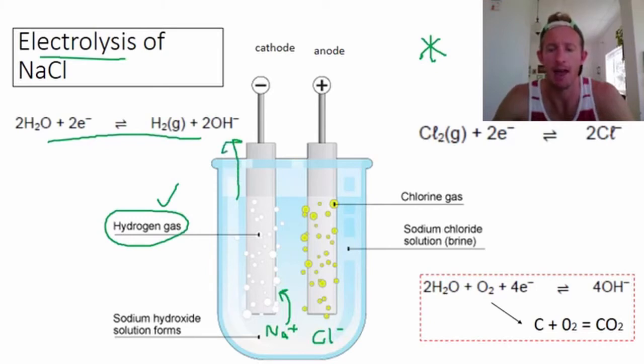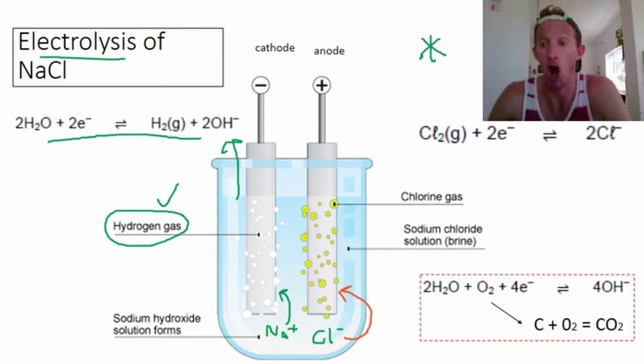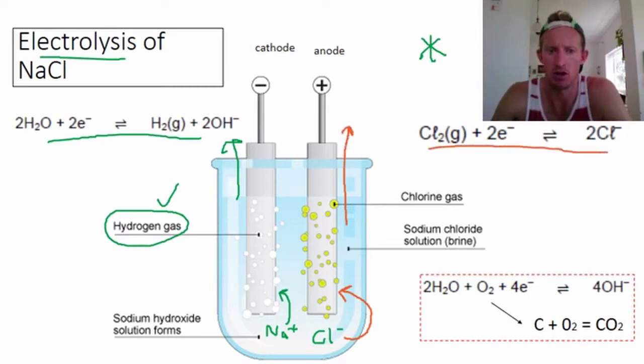Okay, at the anode, the anode is more simple and straightforward. The chloride ions will go to the positive anode. Okay, negative and positive attract, and they will be oxidized, so they will lose electrons and form chlorine gas, which will bubble out. Okay, so this is the reaction that happens at the anode, and this is the reaction that happens at the cathode. But now remember,